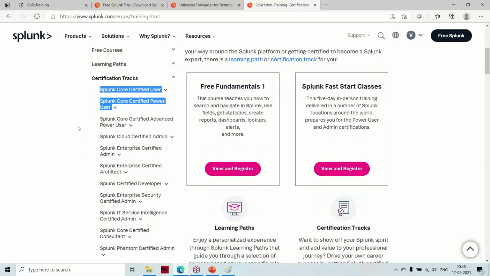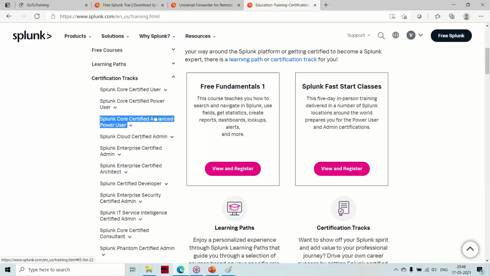Now you will be having something like a core certified advanced power user. It is the next level of certification. And Splunk supports two things: on premises and cloud.